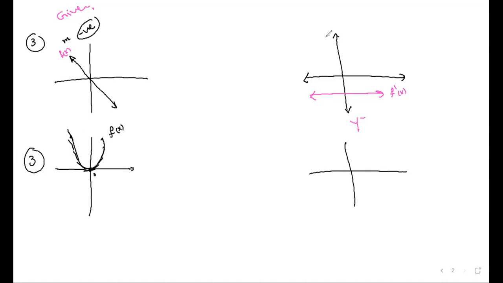Try to imagine the slope of the tangent here for all x more than 0, that is the x-axis, and that is the y-axis. For all x from 0 to infinity, the slope of the tangent will be a little bit more positive. So it will be like this, positive. Here, it means the value of the derivative at 0 will be positive, and become a little bit more as x goes to